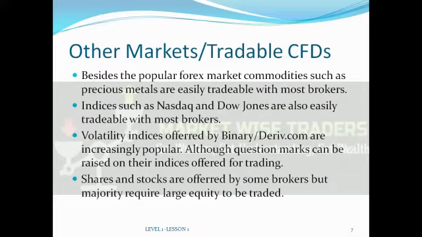So what else can you trade? CFDs, like I've explained to you. Forex is most popular, but you can trade commodities and precious metals. With most brokers, you can trade indices like the NASDAQ and the Dow Jones. Nothing difficult. You hear all these big names, the S&P 500. Those are all just indices. We'll get into that later so you have an understanding. You can also trade volatility indices. This is now very popular with most retail traders.